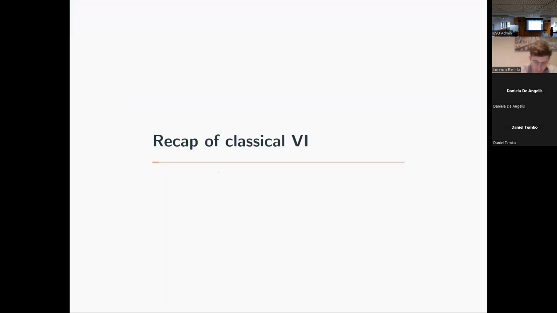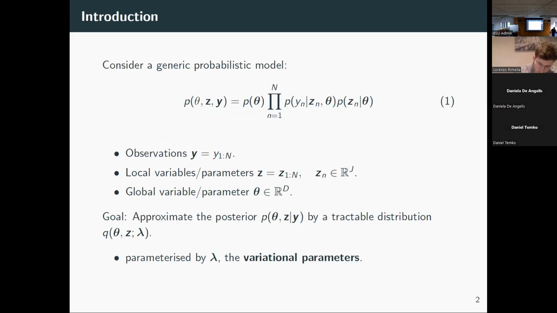Okay, so the classical variational inference. Before we go there, a general description of the most common probabilistic models that we always have. We have some global parameters or variable theta, and we have some local parameters that change with the data, so they are linked with the data. The general goal is to approximate the posterior using a tractable distribution, which we call the variational approximation, parameterized by some parameters that we have to find out. So that's the basic variational inference